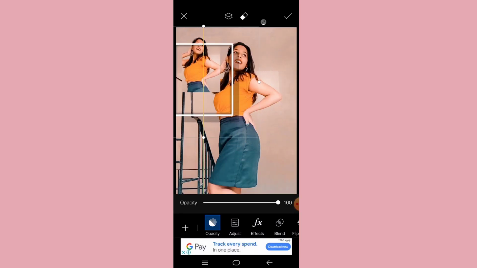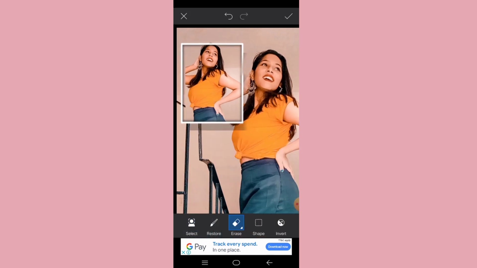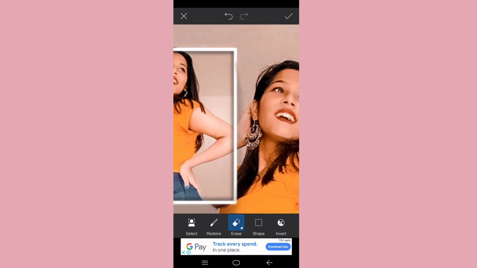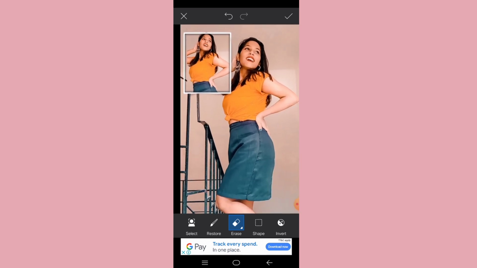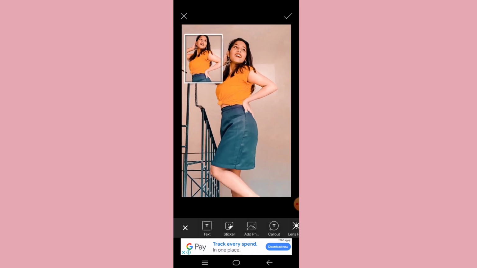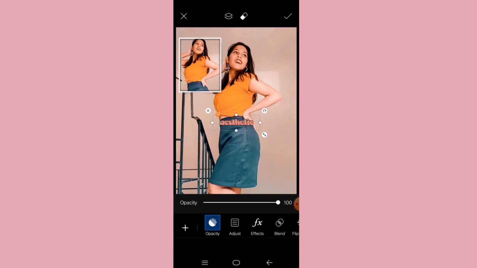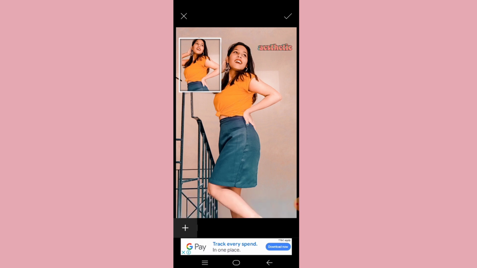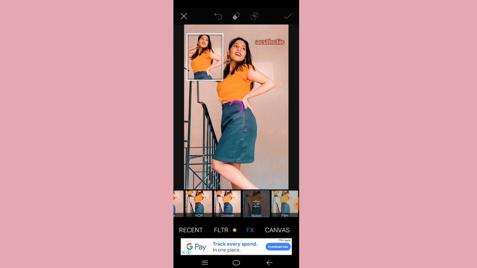So yeah, here we have a frame. I'm taking this frame to the picture. The inner shadow is here also, but I am removing the outer shadows of the frame. And now I am using a text where it's written aesthetic. So yeah, here we go, and I use some noise to make it look more aesthetic.